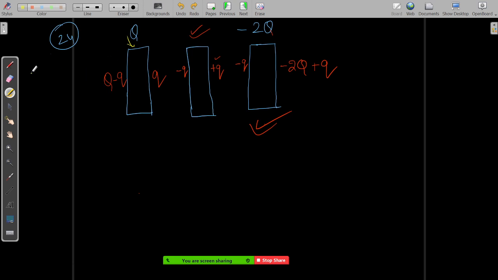But why am I taking this one as minus q? I could have taken a minus q1 and plus q1. It matters a lot. One thing you have to understand is this: let's say we draw a Gaussian surface here, and I try to find the total electric flux here.